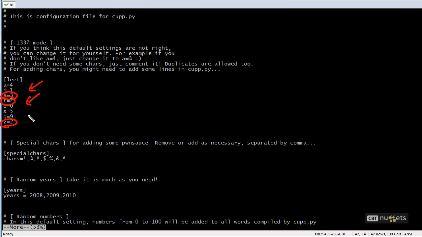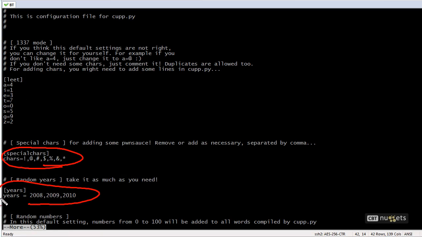So if we want additional swap outs for various characters, we can put them right here. It'll make our password list slightly longer, but again, we can tweak it to our liking. We can specify what special characters we want to use. We can specify years. There's nothing special about these 3 years. You can put in any years that you want to, but it's going to use those as variables as it